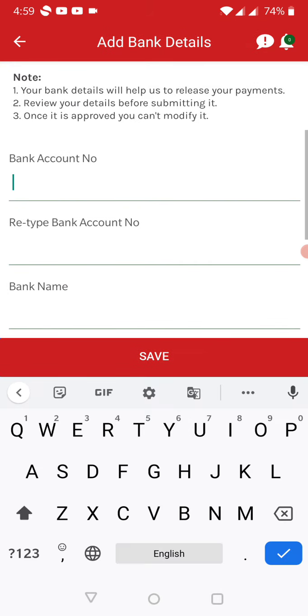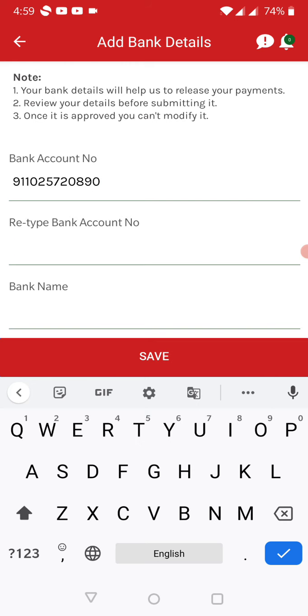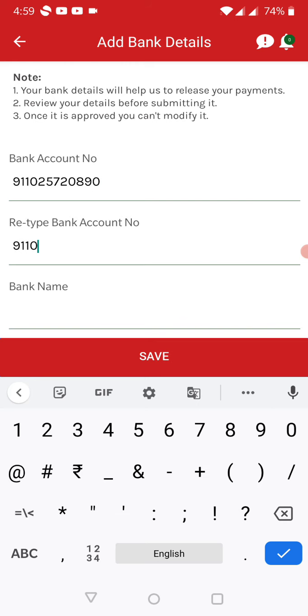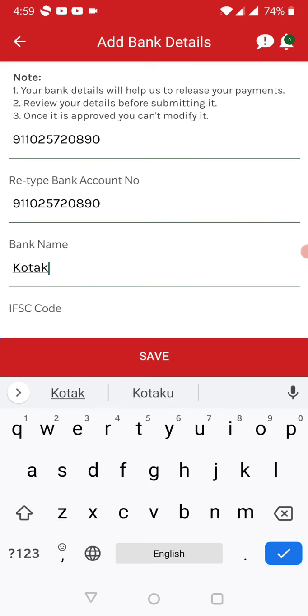Then bank details, you need to enter your bank details. Then bank name, whichever bank you have the account in.